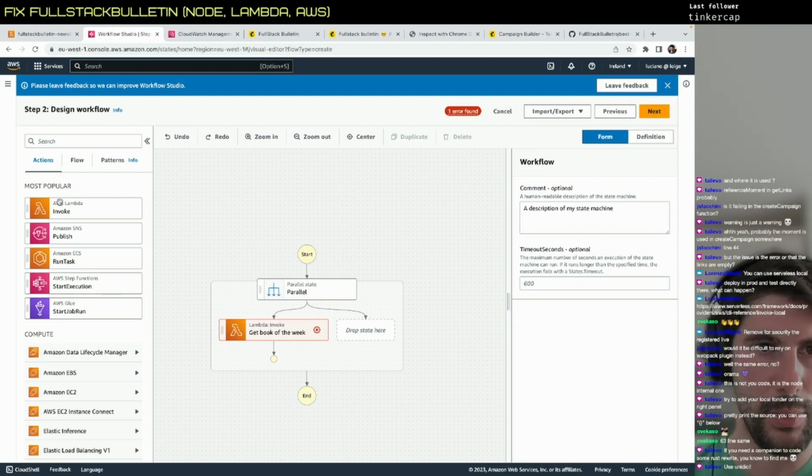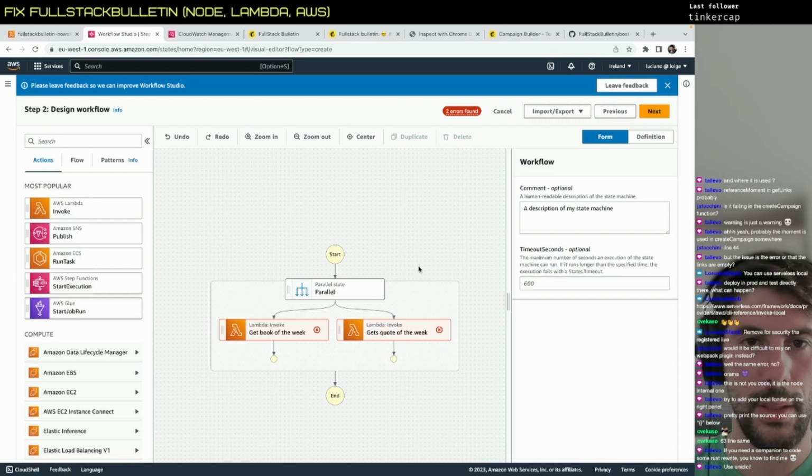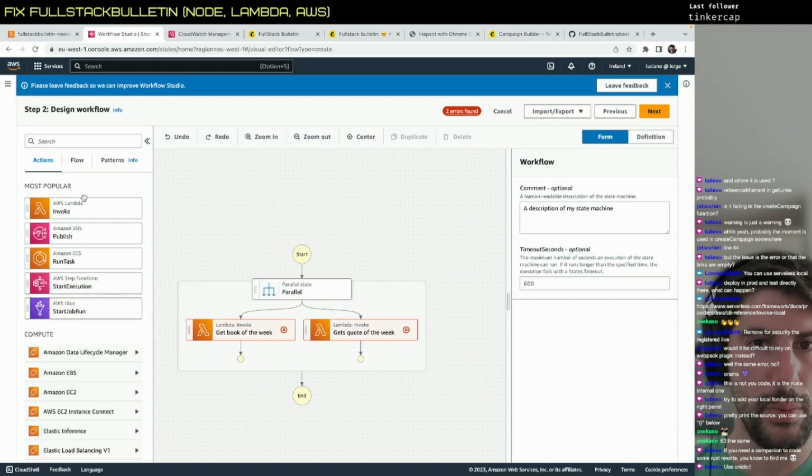Then we can do another lambda that gets quote of the week. Then we want to do,